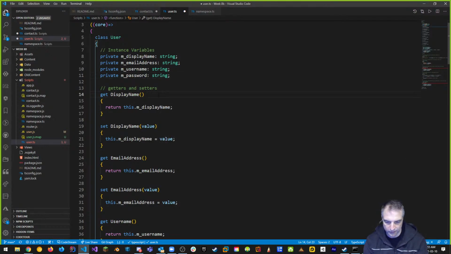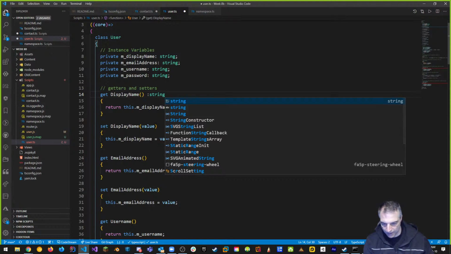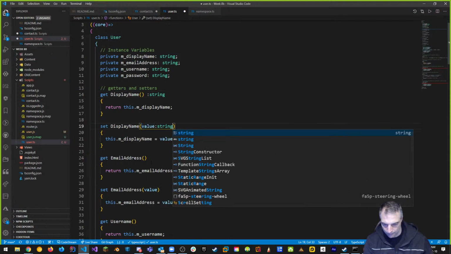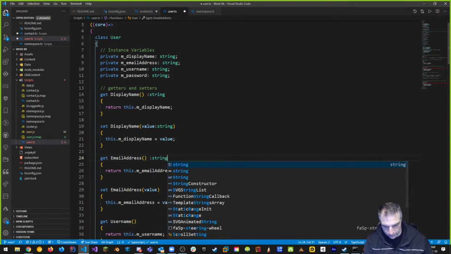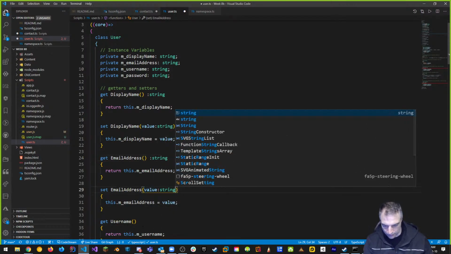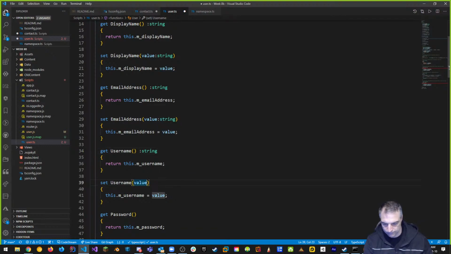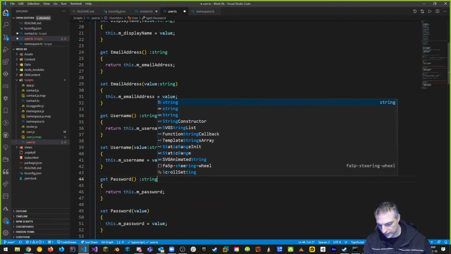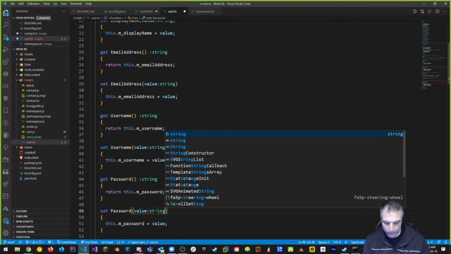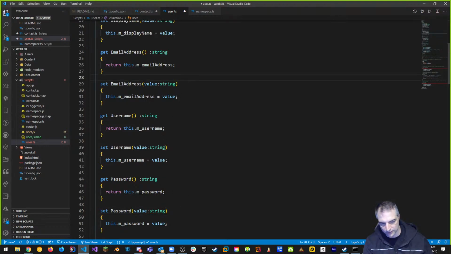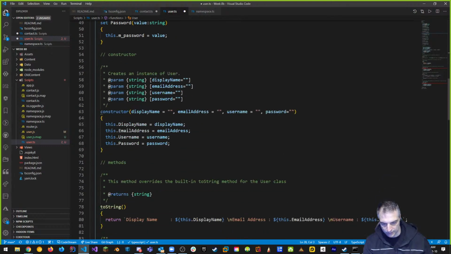Just like we did last time, our getter is returning a string and taking in a string. So these are all the things that we've done. And all we're doing is basically adding information to our file to help us with code hinting. That's all we've done here. And again, you can see that this is all good. The square brackets tell us that it's optional, and so on.